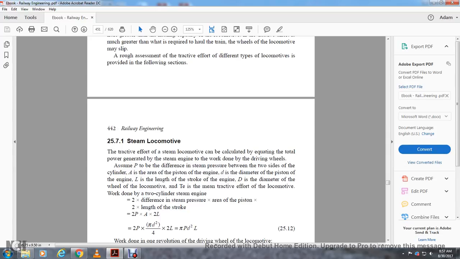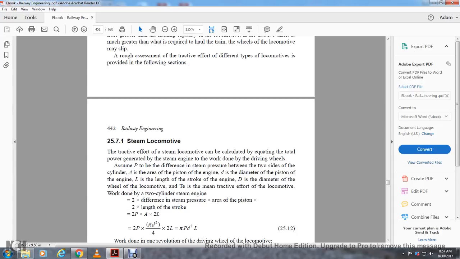25.7.1 Steam locomotive. The tractive effort of the steam locomotive can be calculated by equating the total power generated by the steam engine to the work done by the driving wheels. Assume that P is the difference of the steam pressure between the two sides of the cylinder, A is the area of the piston of the engine, d is the diameter of the piston of the engine, L is the length of the stroke of the engine, D is the diameter of the wheel of the locomotive,